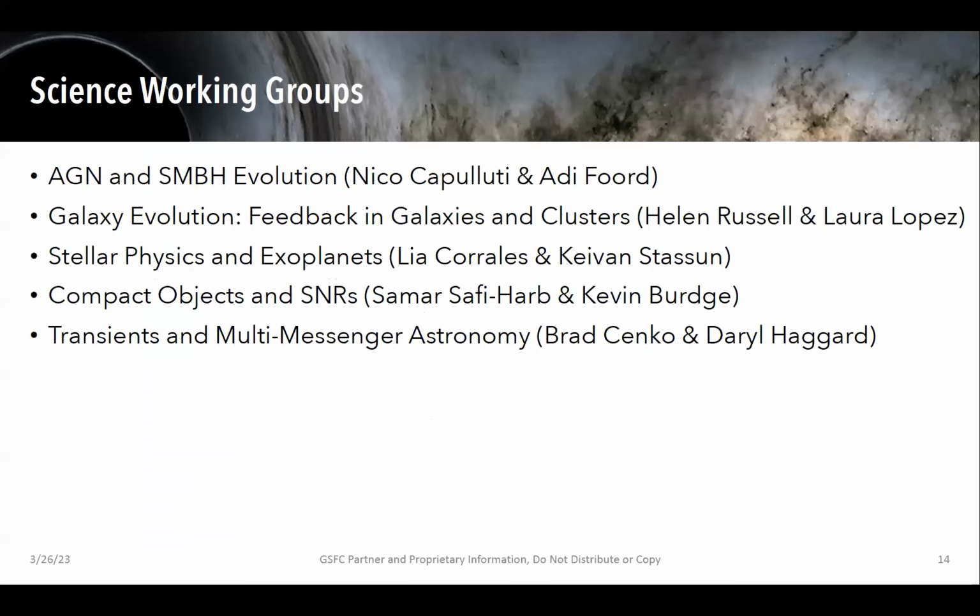So these are our 5 science working groups that we have, and we're going to hear from representatives of each of these science working groups in this session. But I just want to flag and give a shout out to the co-leads of these groups who have been putting in a truly colossal amount of work, all volunteer, of course, in corralling our science case together. And at that point, let me wrap up, and I have time for a couple of questions.